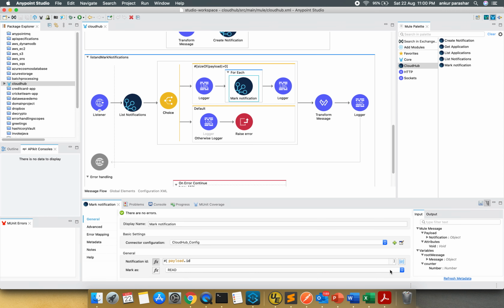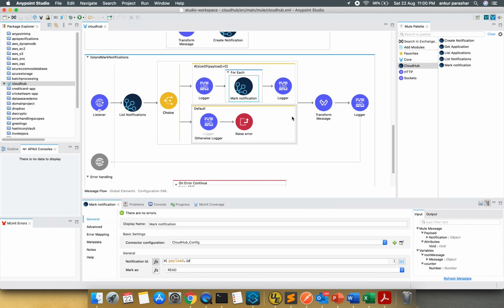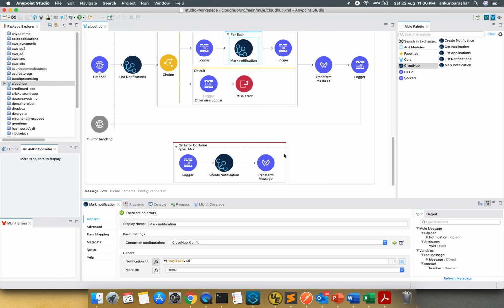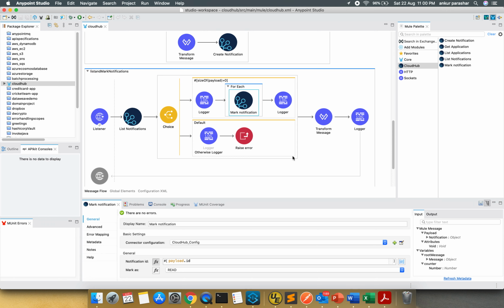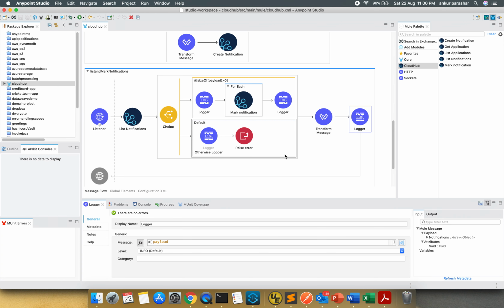It gives different options like read or unread, or you can put it empty as well. And if the size of payload is equal to 0, then it will follow the default path. It will raise the error and it will come over here and create the notification. Otherwise it will go to the transform message and print the message finally, and it will come out of this entire flow.